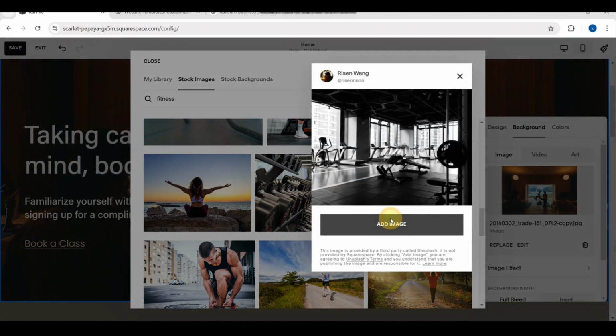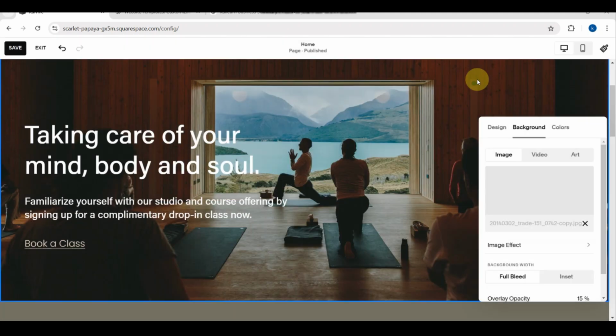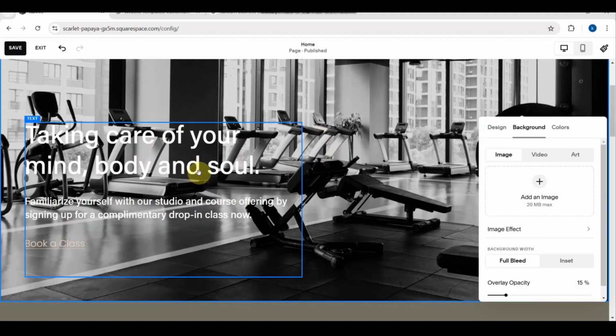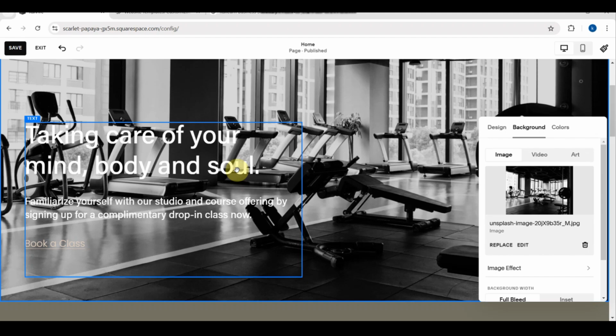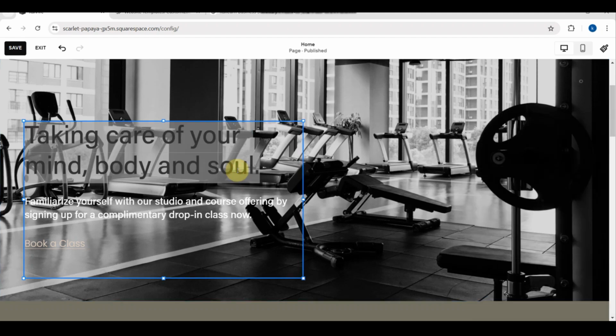Right now I'm looking for a good image. So for example, I guess this one. By changing the hero image, the main banner image, make sure to choose a high quality